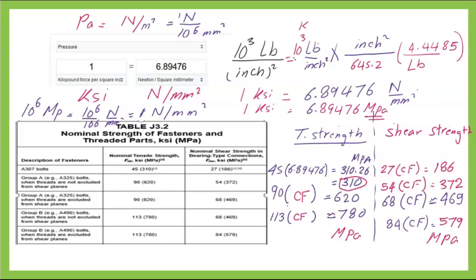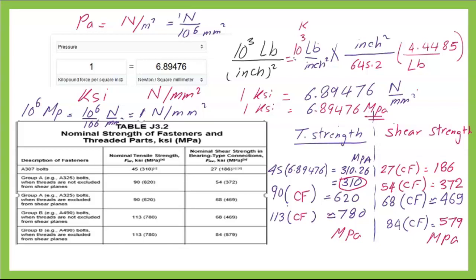For the same A307 bolt group, the nominal shear strength is 27 KSI multiplied by the CF, which stands for the conversion factor. We get the value of 186 Newton per millimeter square. For group A325N bolt, the nominal tensile strength of 90 KSI is multiplied by